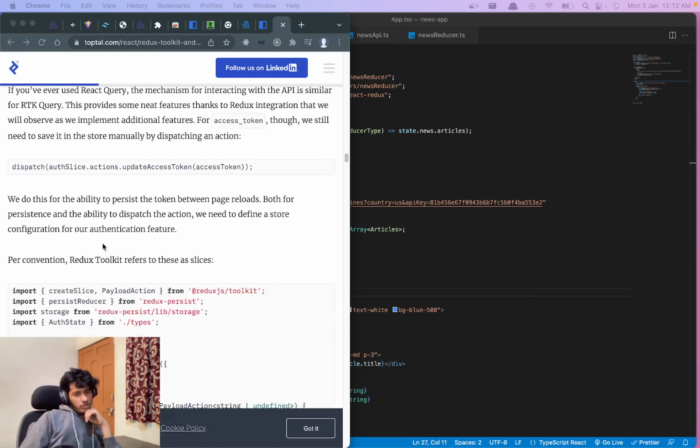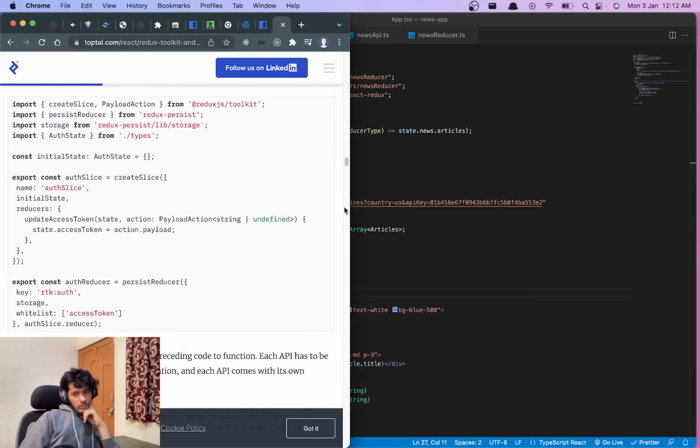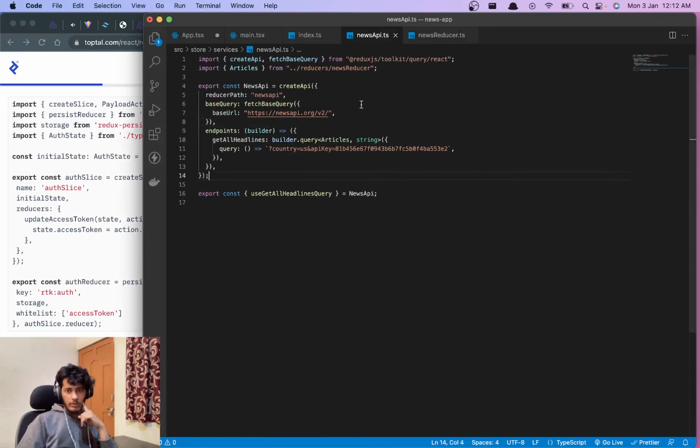How to use this? I mean, it's okay. We have created this, right? So newsApi.